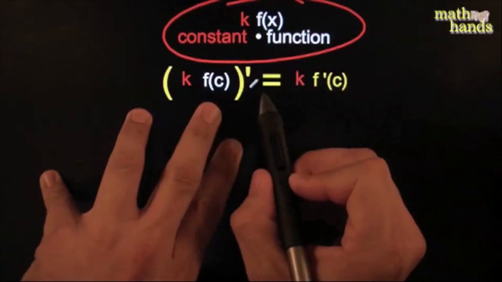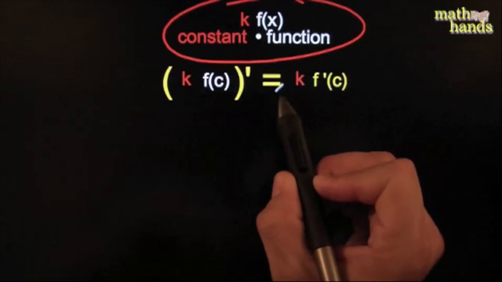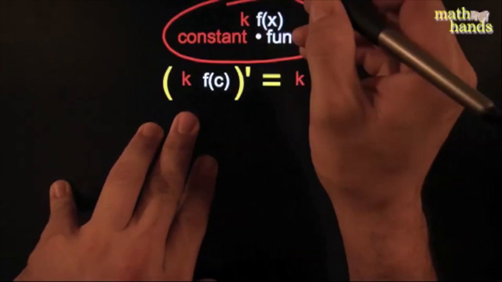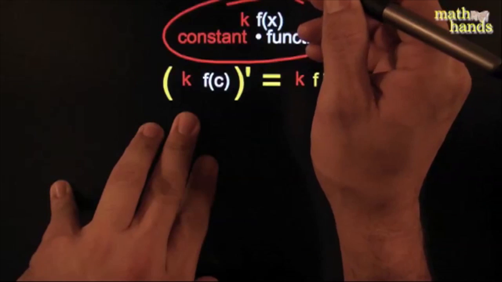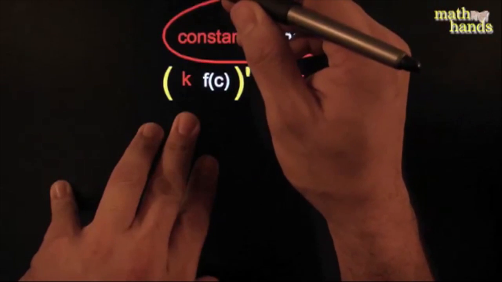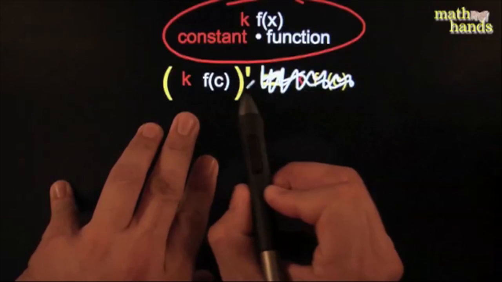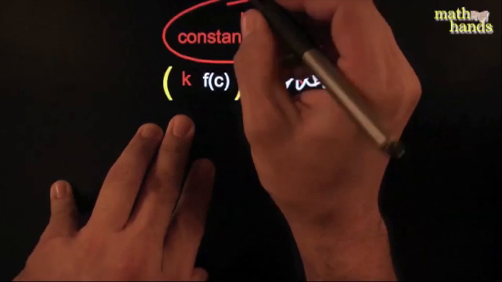We stop asking why when we grow up, but we want to ask why here. We don't want to stop asking why. Why is it that you can pull out the constant? Here's a simple proof, or a sketch of a proof. One way to look at it is forget about it. Suppose you didn't know what to do with that, right? Suppose you just wanted to find what that is. You would go on and use